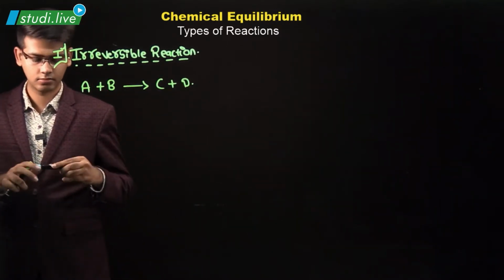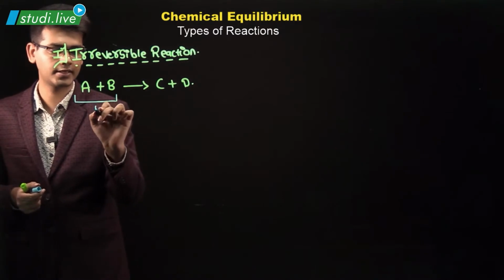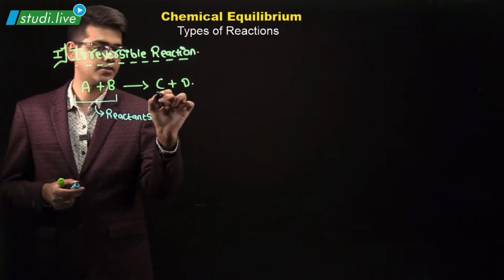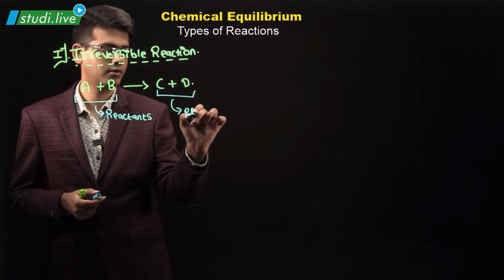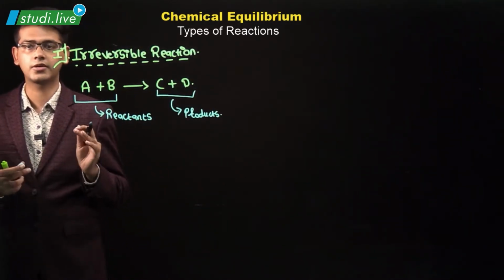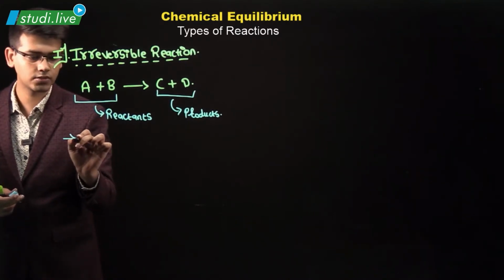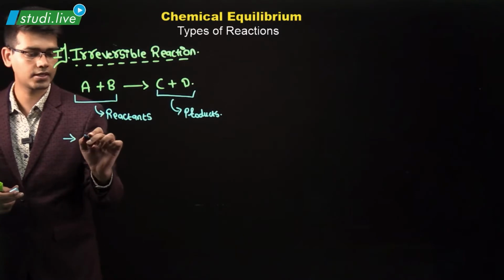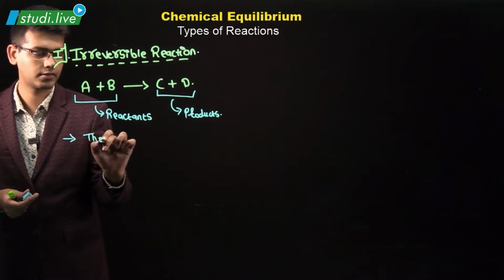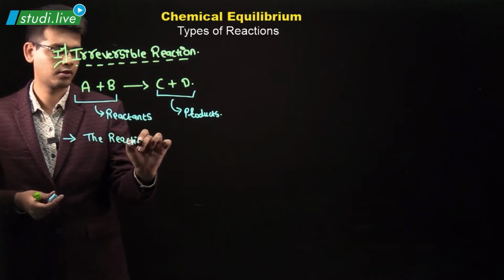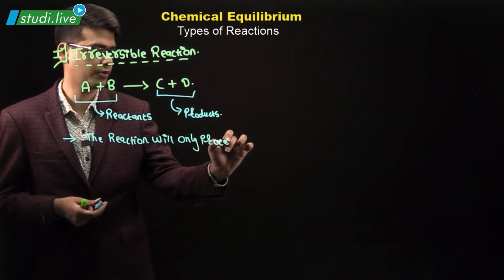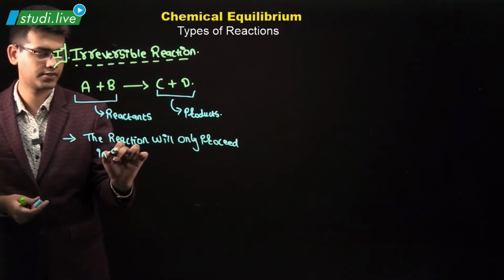Here A and B are nothing but called as the reactants, and C plus D is nothing but called as the products. And the very foremost point with respect to any irreversible reaction is that always all the irreversible reactions will convert into product, or you can also say in other words that the reactions will only proceed in single direction,